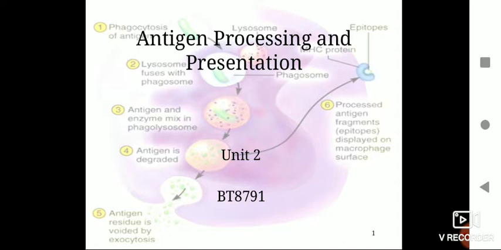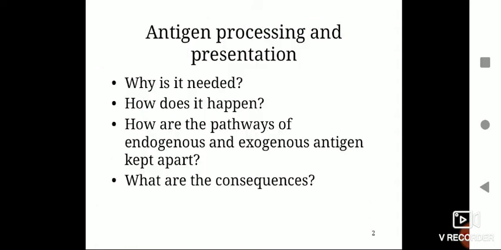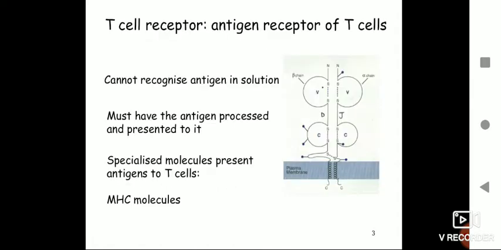Good evening, everybody. Today's topic is antigen processing and presentation. We have already studied antigen presenting cells. You can classify them into professional and non-professional cells, and the major ones are the professional. There are three types of professional antigen presenting cell: the macrophages, dendritic cells, and the B cells. With this basic introduction, let us see how the antigen is processed and presented.